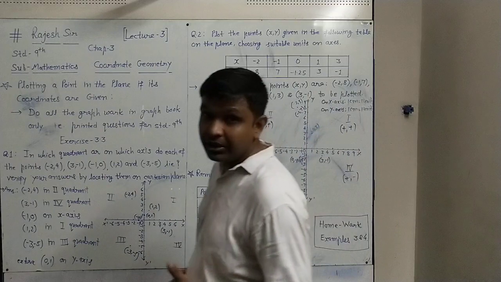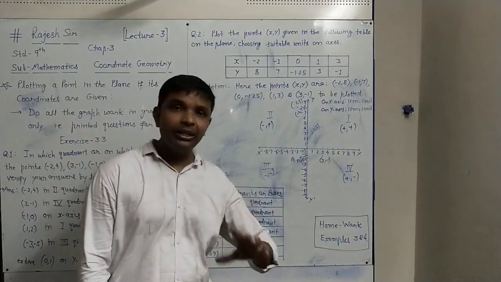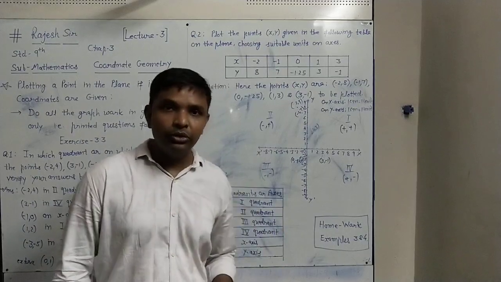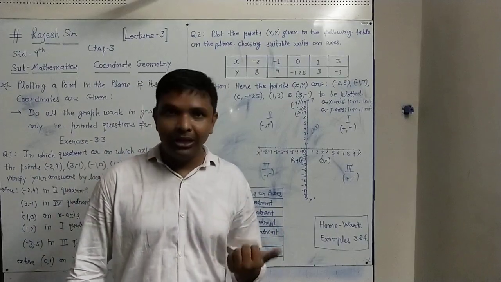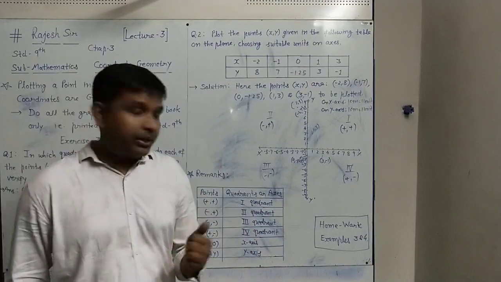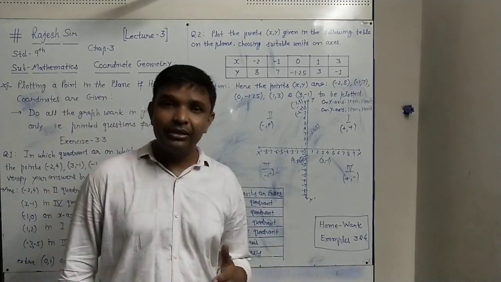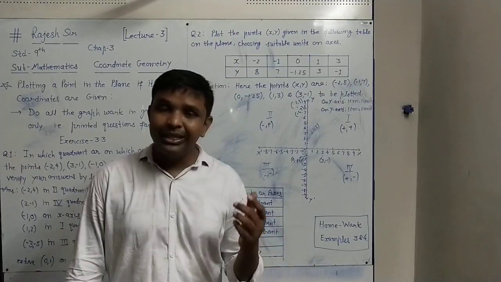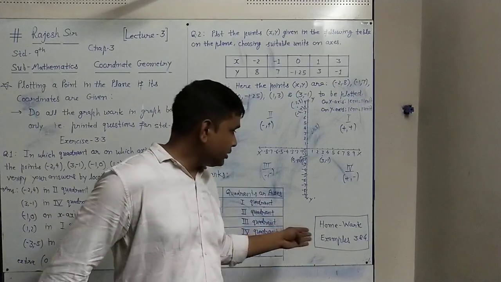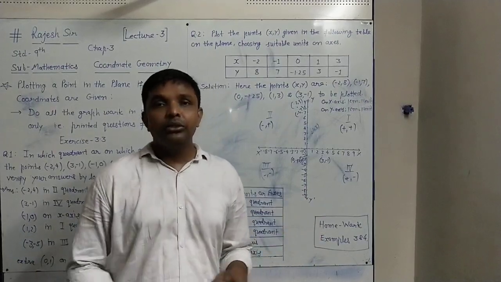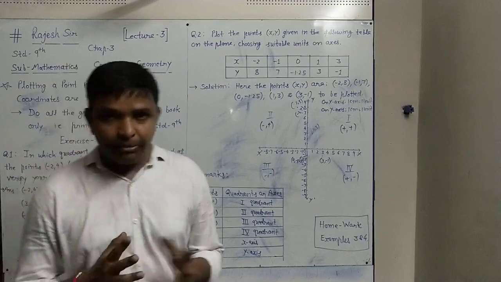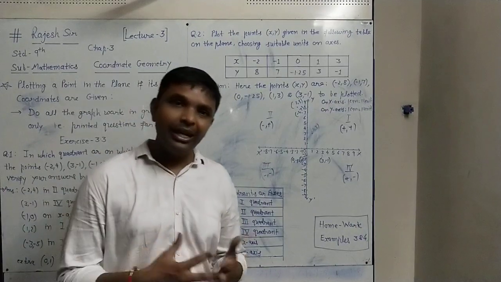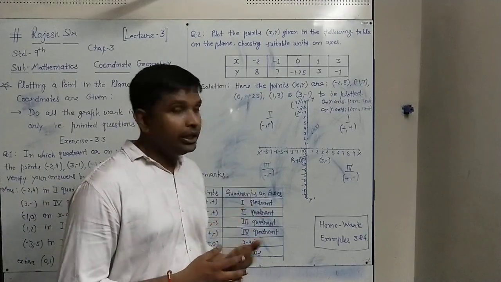So this way the chapter is completed, but you are advised that all the graph work will be done in the graph book and all other work should be in the notebook which we have made as the fair notebook of maths. So this way the chapter is finished with the examples. In the last lecture also I gave you homework to do examples 1 and 2, and in this one, do examples 3 and 4 as well. So everything given in our chapter 3 is finished, and you can practice a lot for the graph and the questions related to them.